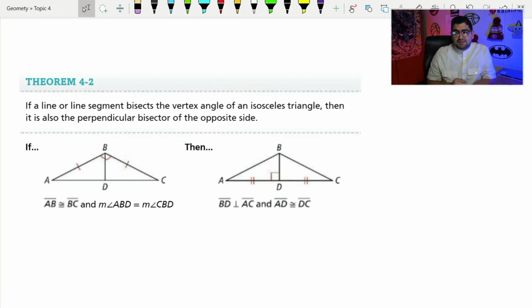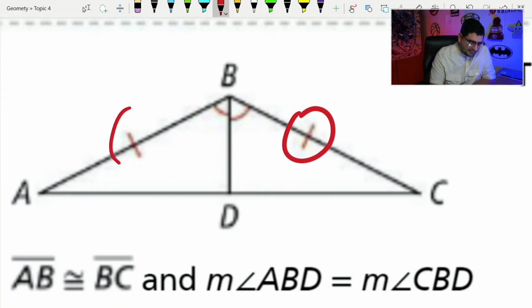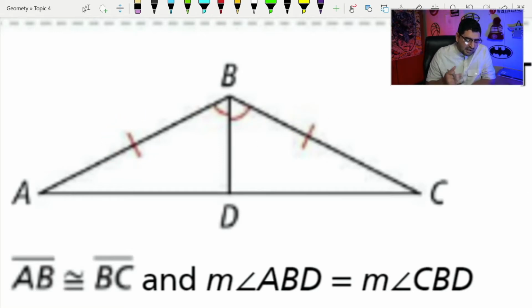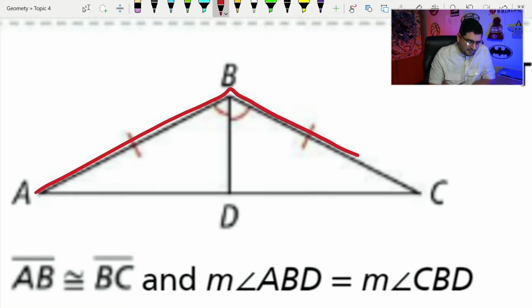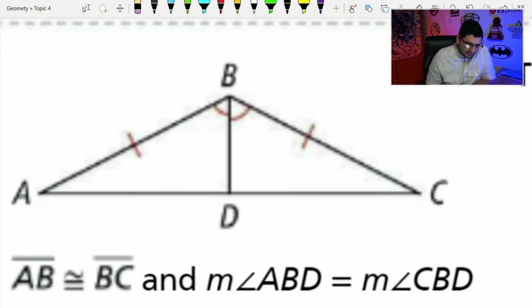What this theorem says is that if we have an isosceles triangle, and remember, an isosceles triangle is a triangle that has two sides that are equal to each other, so essentially a triangle like this where two sides, side AB and BC in this triangle, are congruent, which is why they have these congruent marks. If we have this triangle ABC, and if it's cut by what we call a perpendicular bisector,